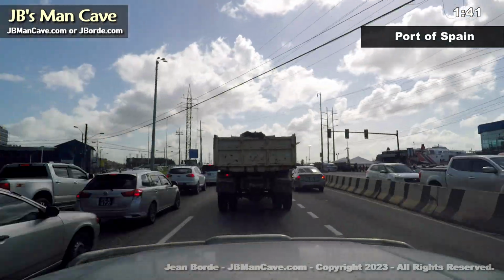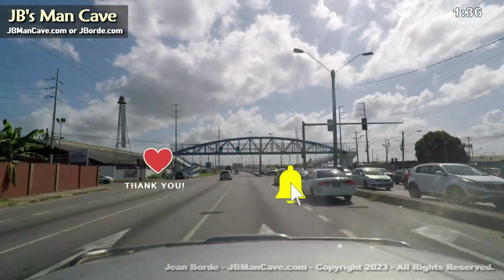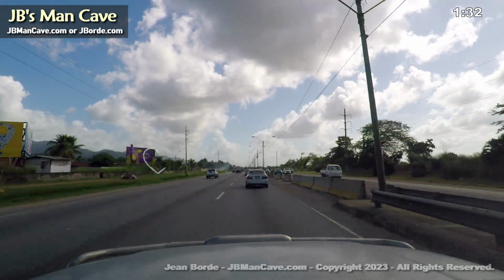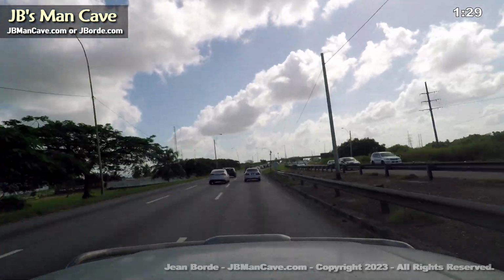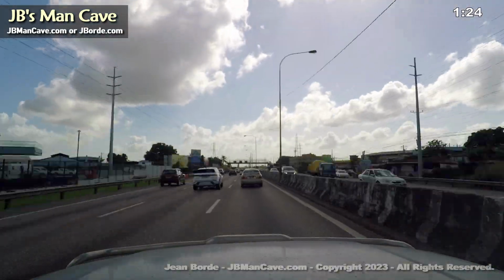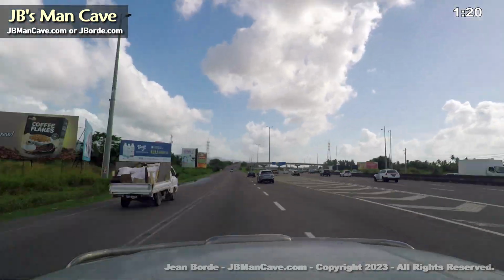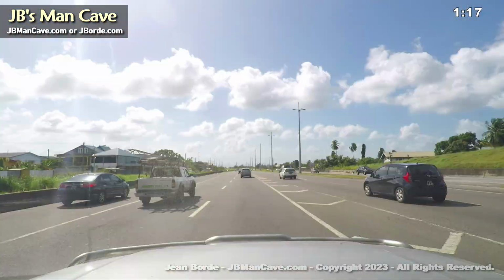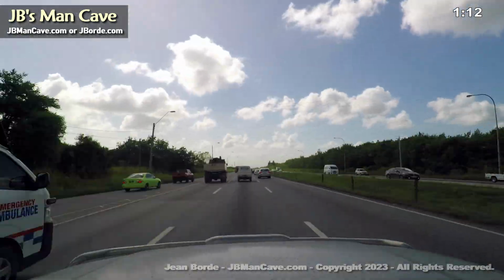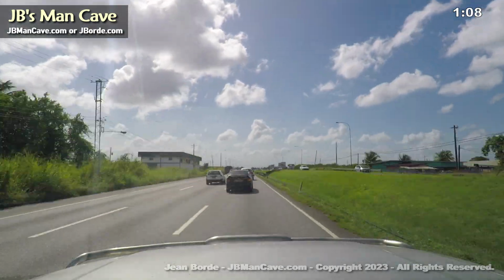Now, this is Port of Spain here, and you're probably wondering, why am I going so fast? Well, I have so many videos of Port of Spain, and it's not really necessary for me to have this drawn out drive on the highway. It's not anything really scenic, and you've seen many other videos with Port of Spain and these highway scenes. So rather than bore you with more footage of that, I'm speeding it up, and you can see the timeline